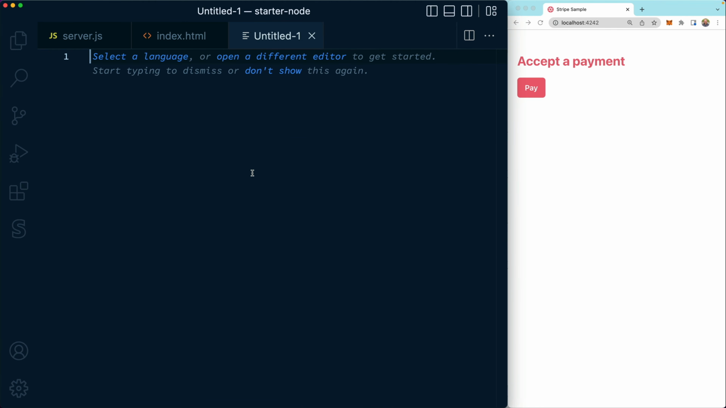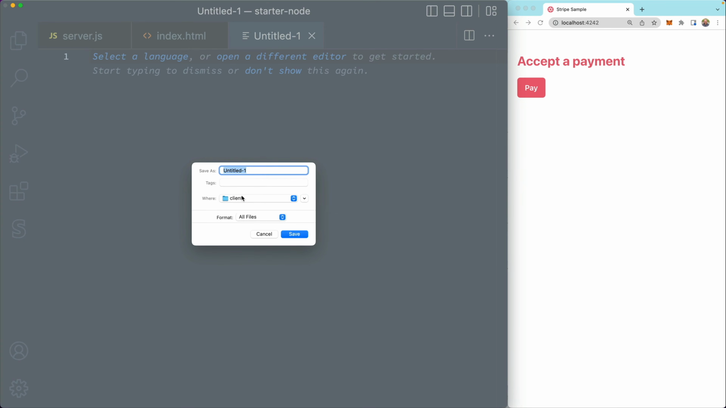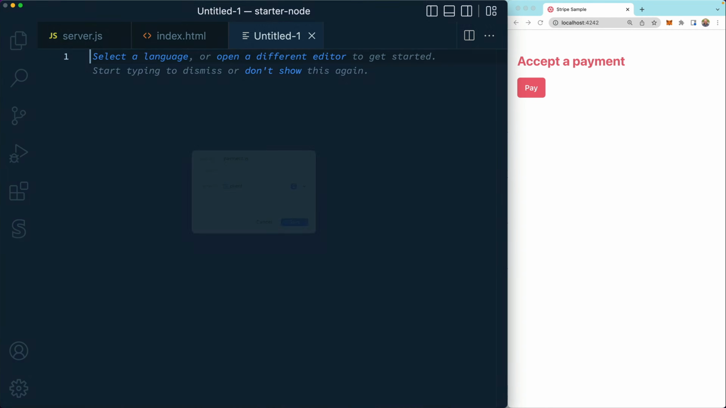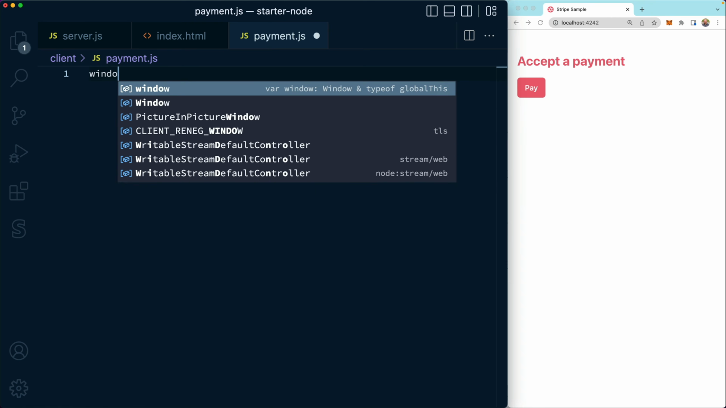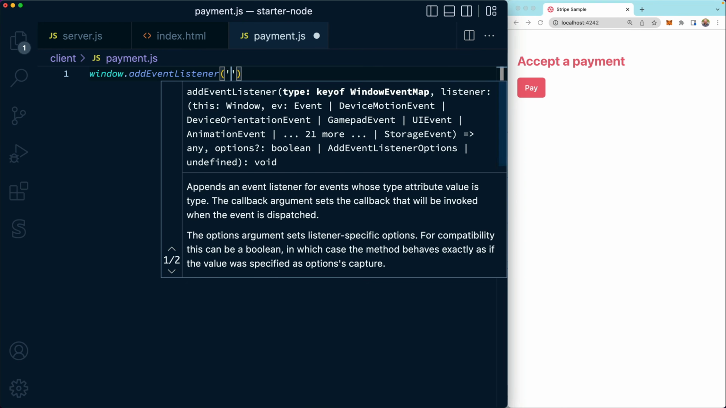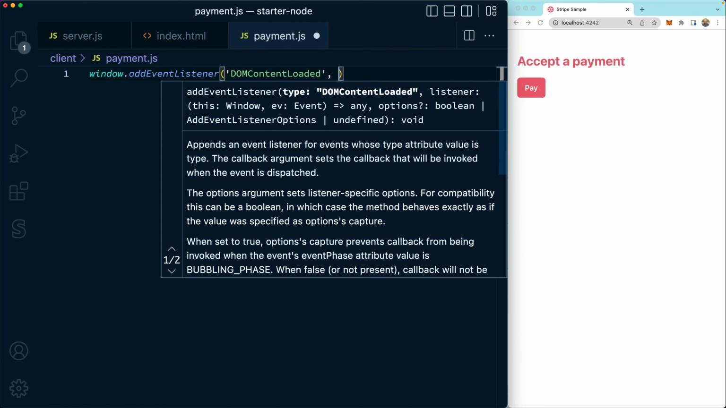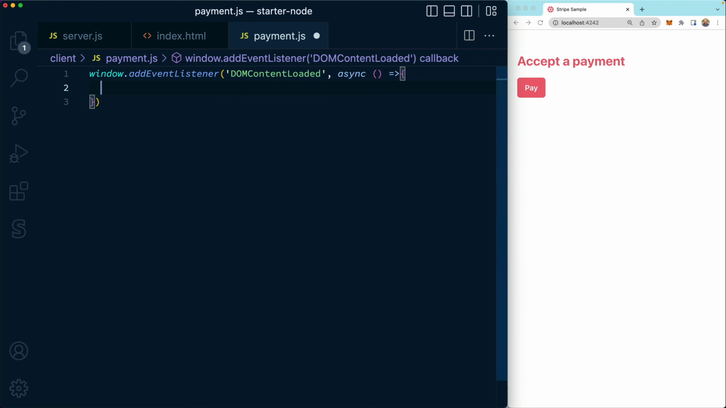So I'm going to create a new file here. We're going to save it in the client directory. It's going to be called payment.js. And the first thing we want to do is wait for the DOM to be fully loaded. So we're going to say window.addEventListener for DOMContentLoaded. And when the DOM content is loaded, we're going to set up a bunch of different things. First, we're going to fetch the publishable key from the server. Next, we're going to fetch the client secret for the payment intent